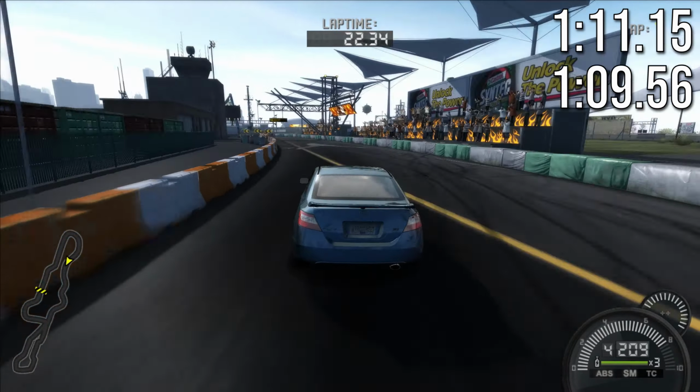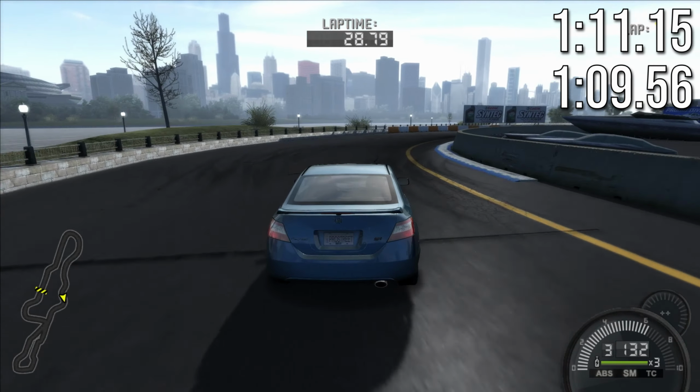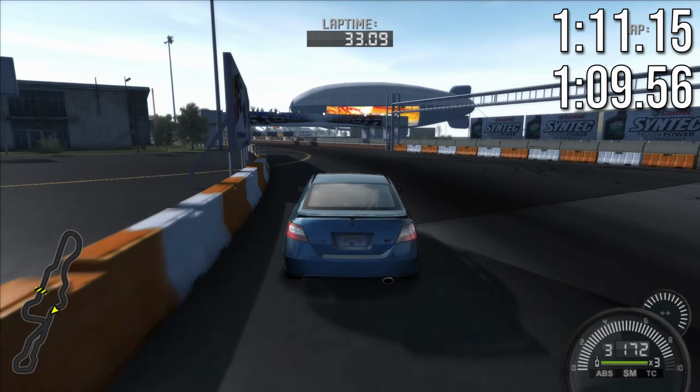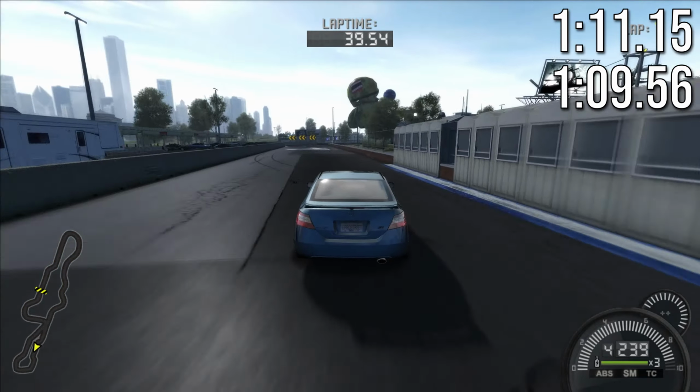Next up we got the Honda Civic SE with the original time of a 1:11.15, a new improved time of a 1:9.56. I thought I could improve the lap time just a little bit more, but this is where it stands. Still a pretty good car. Originally this was the second best car of the front wheel drive grip cars. It's now the third best time, because the second time has just been beaten by the Acura Integra Type R